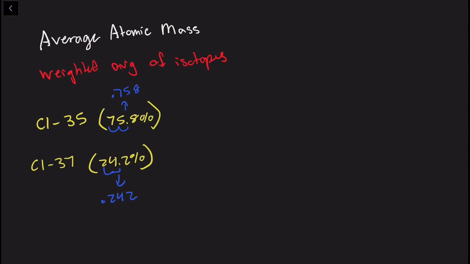And we're going to multiply those percentages by their respective protons and neutrons that are in the nucleus. So for Cl35, we're going to do 35 multiplied by 0.758 because the 35 protons and neutrons makes up 75.8%. And we're going to add this to the remaining 24.2%,